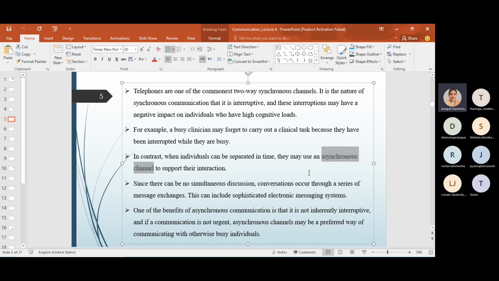Okay, so for example, we can take emails for an asynchronous communication. Okay, because the sender and the receiver do not communicate at the same time, right? The sender first types out the email and send it, and then the receiver receives it. ඒක receive වුණාට පස්සේ තමයි the receiver will reply to the sender. Sender email එක යවනවා and then the receiver will get it, and ඒක හම්බුණාට පස්සේ receiver ඊට පස්සේ response